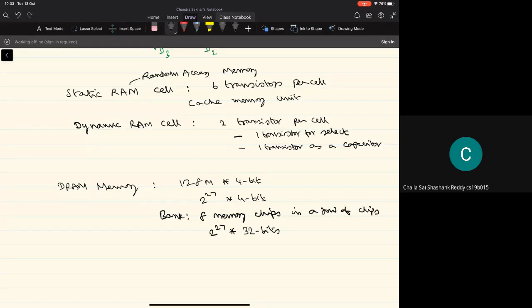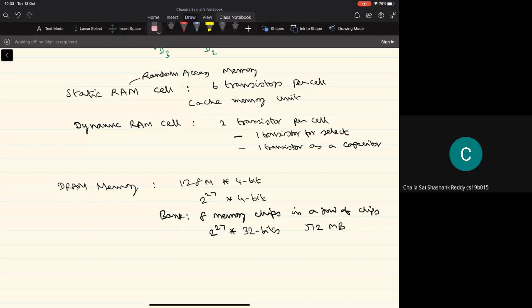That will give you 128 M multiplied by 4 bytes, that will be 512 megabytes. So 8 memory chips in a row of chips, which is called a bank, where each memory chip is of the capacity of 128 M by 4 bits, can give you a storage space of 512 megabytes.